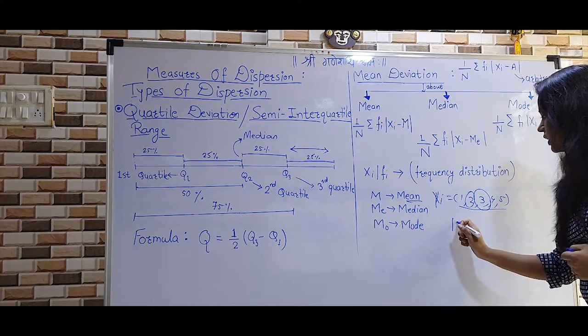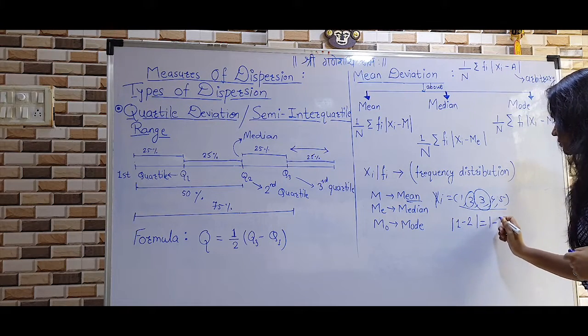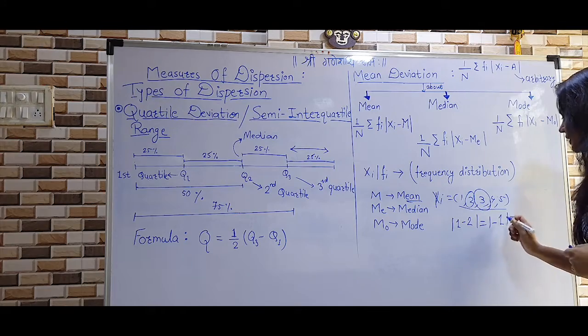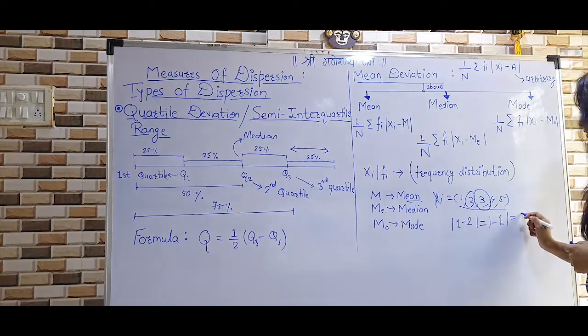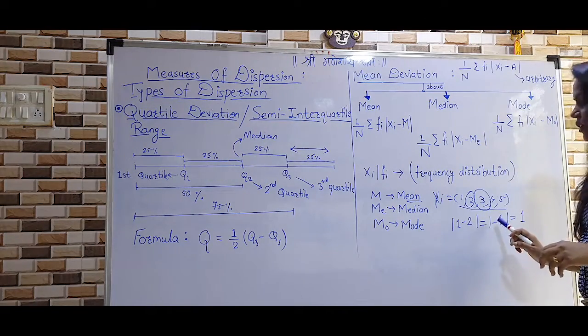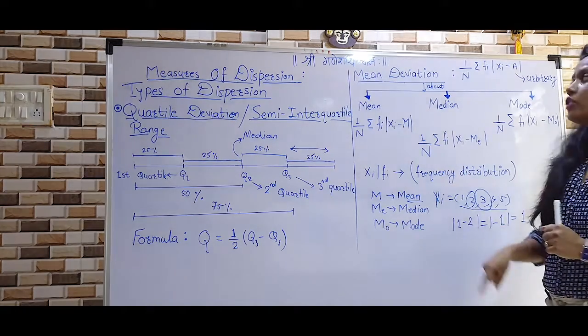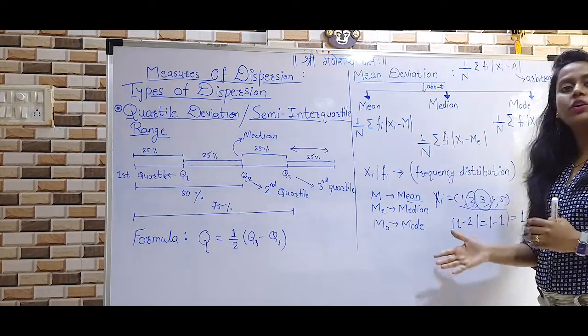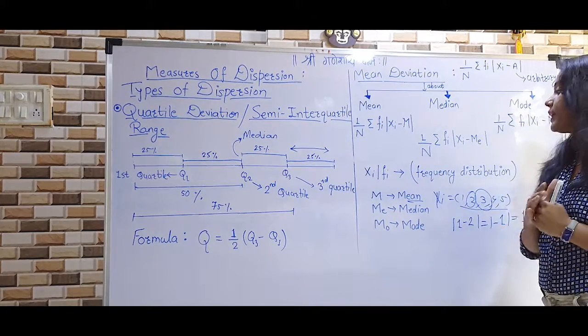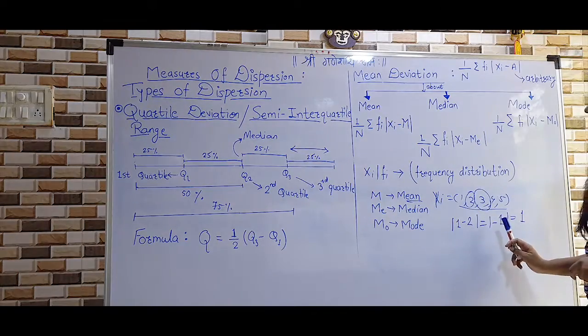It is modulus of 1 minus 2. So what it is, minus 1, but as it is a modulus value, it will consider only 1, right? So it is completely ignoring what? It is completely ignoring the sign of our data, and therefore even though it is based on all the observations of the data, we cannot say that it is the ideal one because it ignores the sign of the data.